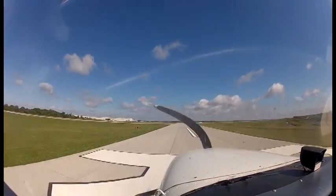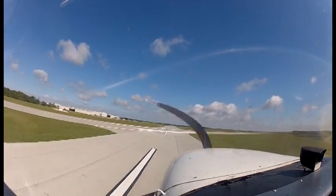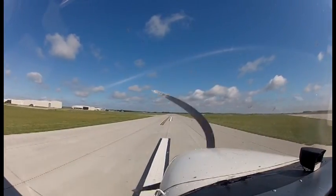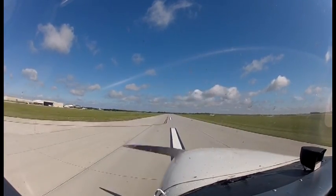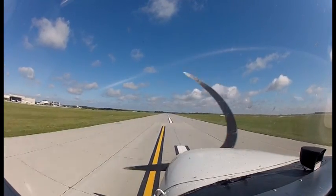Pull up, up, up, up, up. There you go, not too much. Don't pull back anymore, don't let it down. Now pull back. If you start to balloon like that, you just freeze. Okay, keep your crosswind controls coming in. There you go. We'll taxi off at Charlie and we'll get clear so that they can